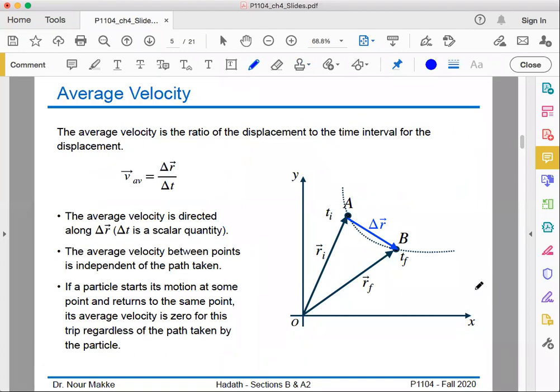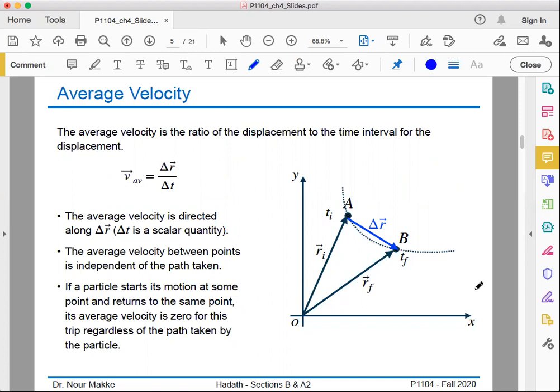We move on with the average velocity. So once we define the vector displacement, now we can go to define the velocity. And here we can actually define two types of variables for the velocity. First of all, the average velocity and then the instantaneous velocity. And we are going to use the same reasoning as we have used for the case of a motion in one dimension. So the average velocity is defined as the ratio between the displacement to the time interval for the displacement. Or in other words, the average velocity defines the rate at which the position is changing in a